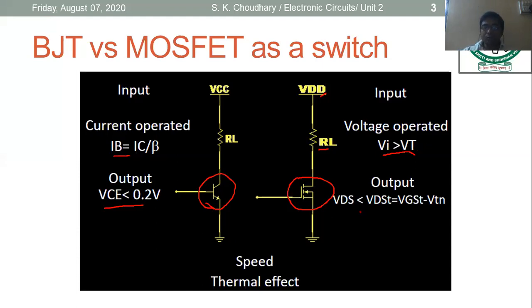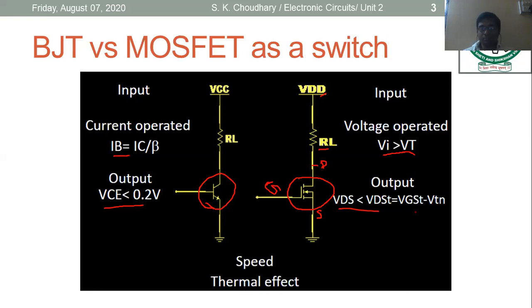And the output voltage, that is VDS, drain to source, because the load resistor is connected to the drain terminal, so output is always drawn from the drain. Here the source is common, so you can say it is a common source configuration. In this case, your VDS should always be less than VDS saturation, that is VGS minus VTN. If this condition is satisfied, then and only then can we say that our MOSFET is acting as